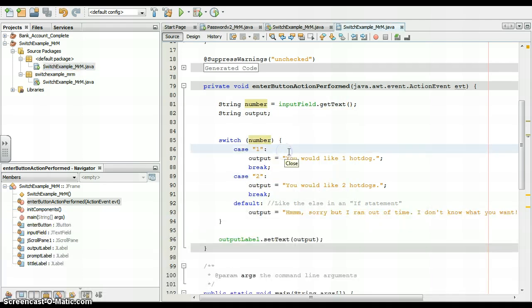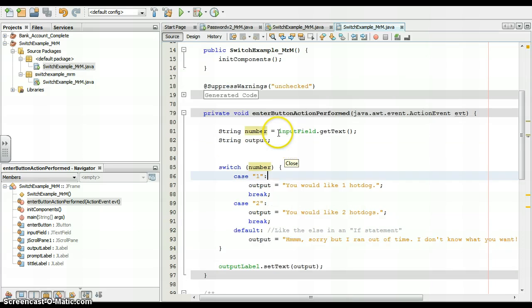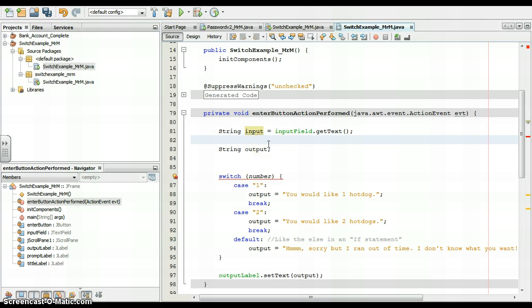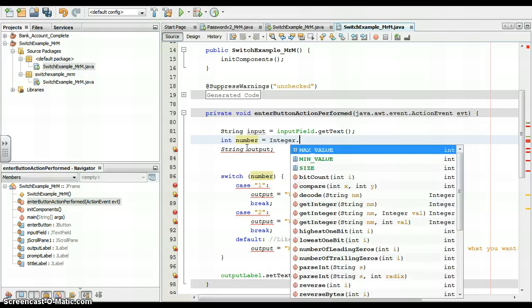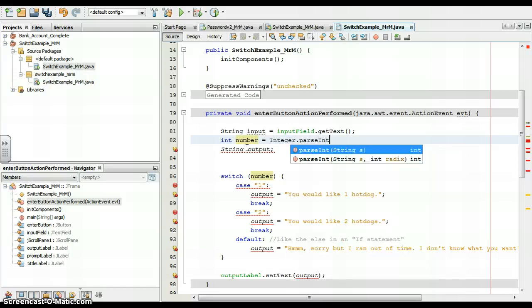Now, if I wanted to do something with these values and let's say display a price, I would have to go and take this number and convert it into a double value or an integer value. So let's say I called this input. What I would need to do is then create, let's say in this case it's going to be an integer, so I'll create an int called number, and I'll make sure that I take that input, and remember we use the parse int or parse double functions to turn strings into